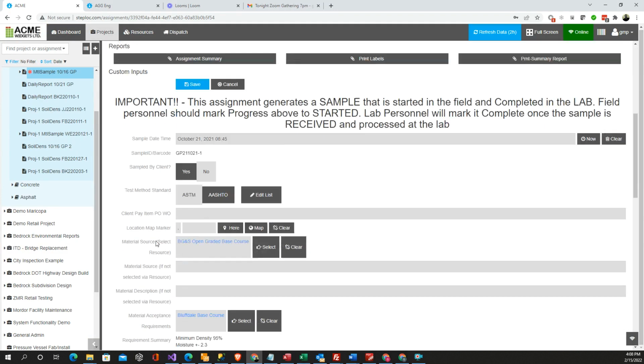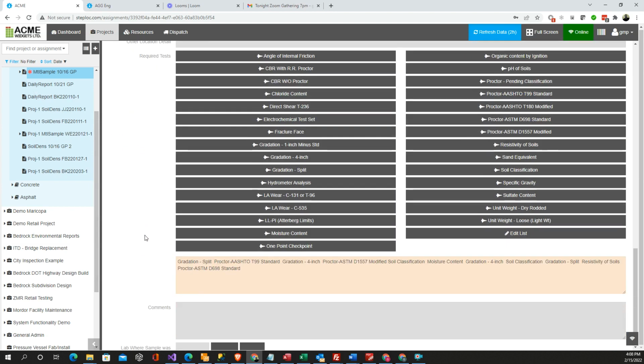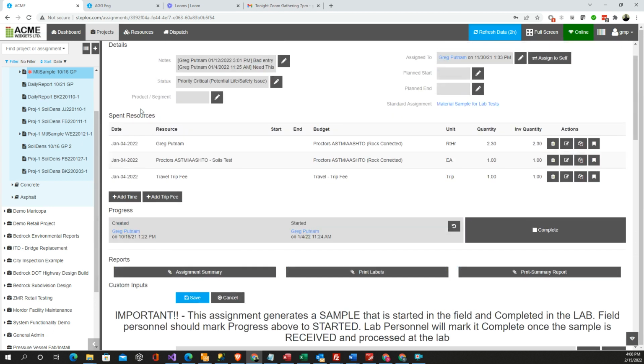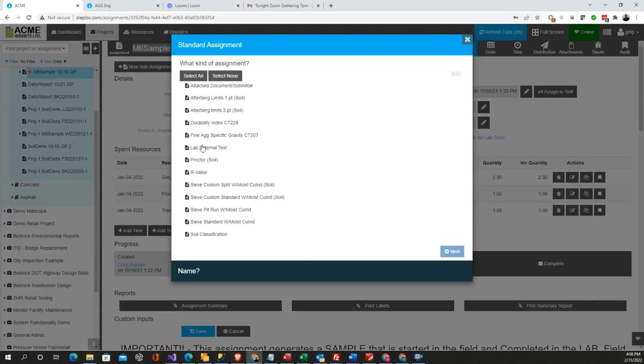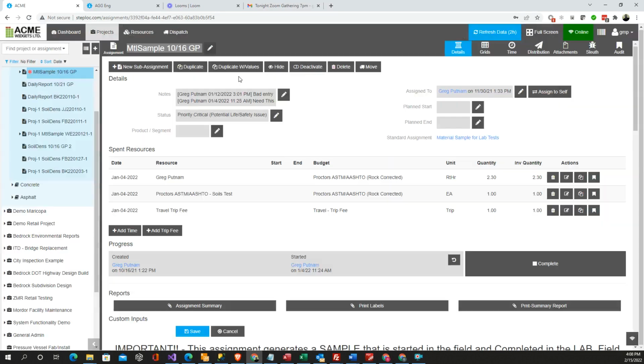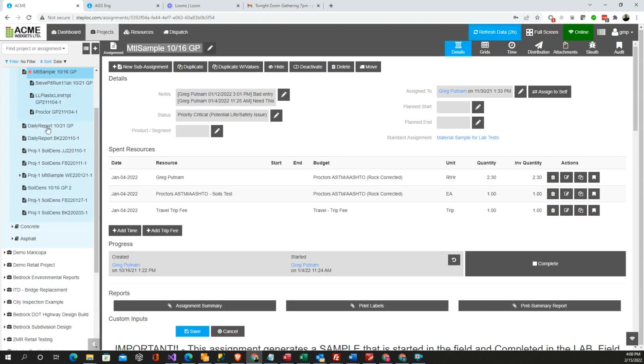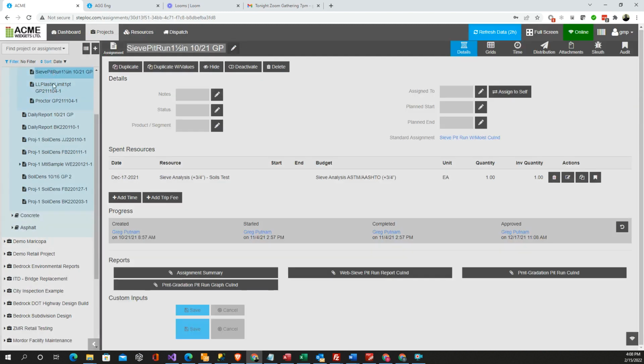So once we've got a material, the lab receiving folks are going to come in here. They're going to look and say, okay, we need a few different reports. They're going to go in, and all of the lab assignments are going to be subordinate to a sample. And so every time you need to create a report, you go to the upper left-hand corner and go to the parent to create a child. That's always the rule. And so we can go in here, and for this particular simple little template, we've got a set of tests to select from. And we've already got a couple in here, so we'll just go in and look at a couple that we've got. So we've got like a pit run